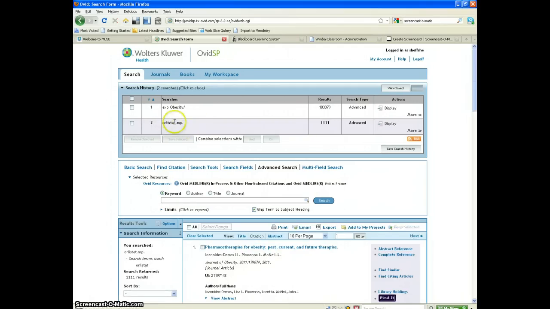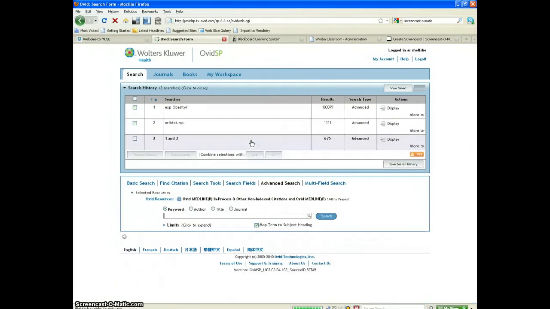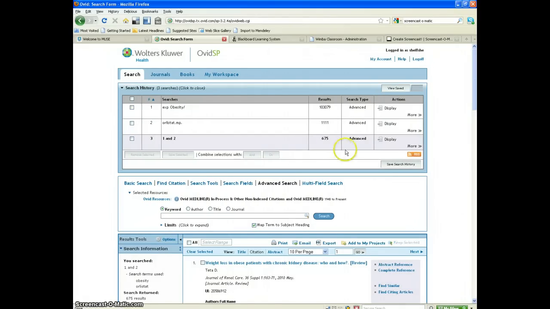So now I've got a set of papers about Orlistat and a set of papers about obesity. So to combine those two together, I click on them both. And here it says under the search history, combine selections with, and I've got and or as my choices. I'm going to combine them with and because I want papers that are both about Orlistat and obesity. So I click on and, it has a little think, and now it's found 675 papers,